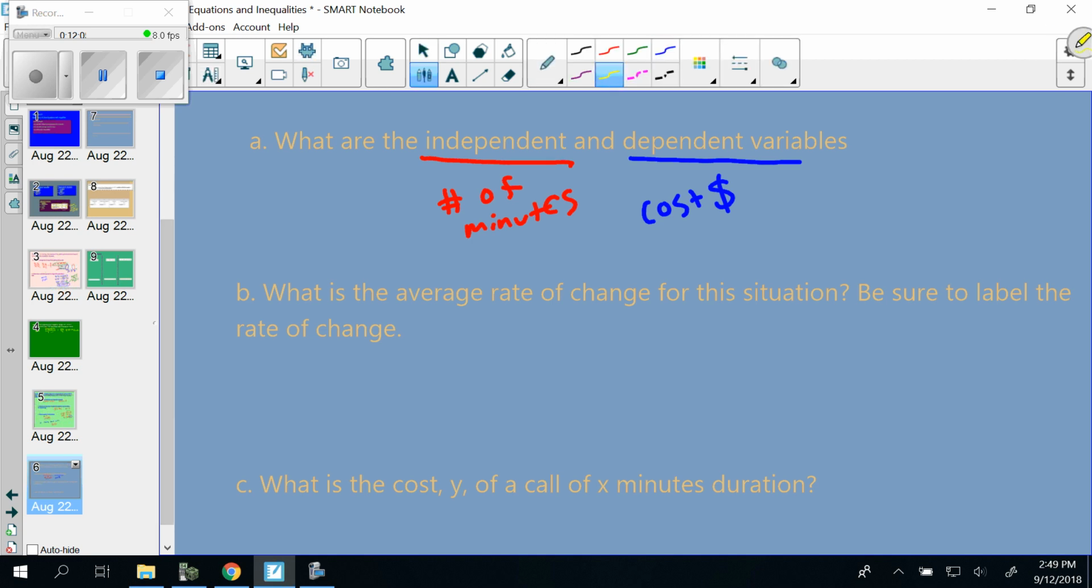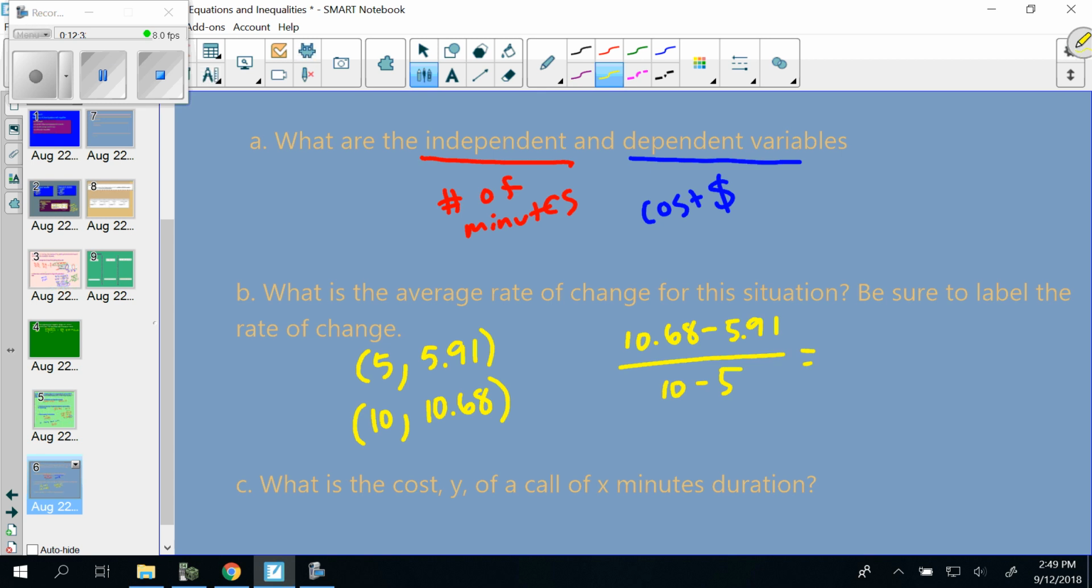All right, let's see. We got some different things here. They said a 5-minute phone call costs $5.91. They said a 10-minute call is $10.68. We can find the average rate of change here using the slope formula. So if you went through and subtracted these and subtracted the call lengths, you should have gotten this to come out to be